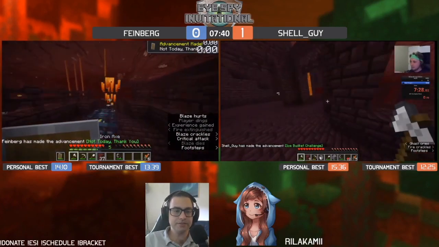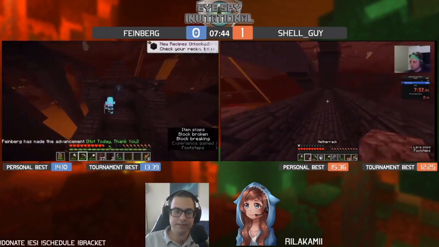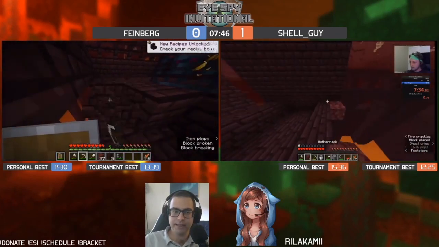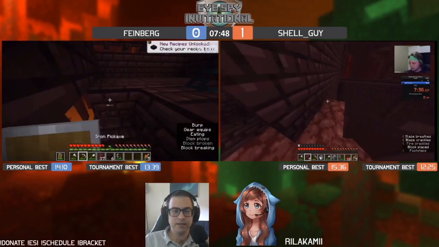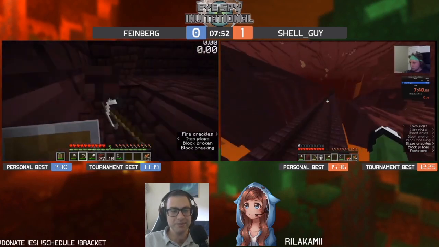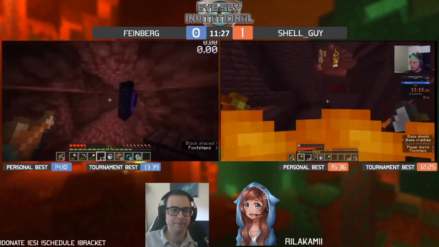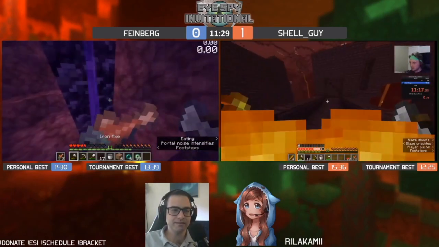Okay, so if he gets all of his gold traded, he'll be 1 obby short. He'll just have to mine the portal, and he'll have 10 obby to nether travel, which at this point isn't going to be that big of a time save, but I do love this strategy. Alright, so Feinberg going back to